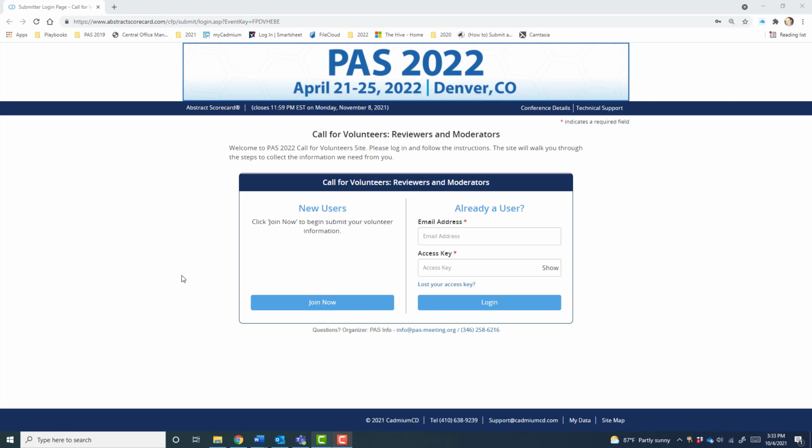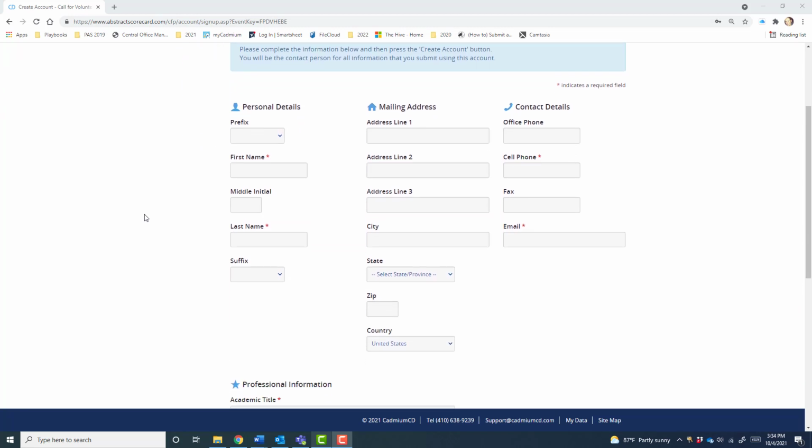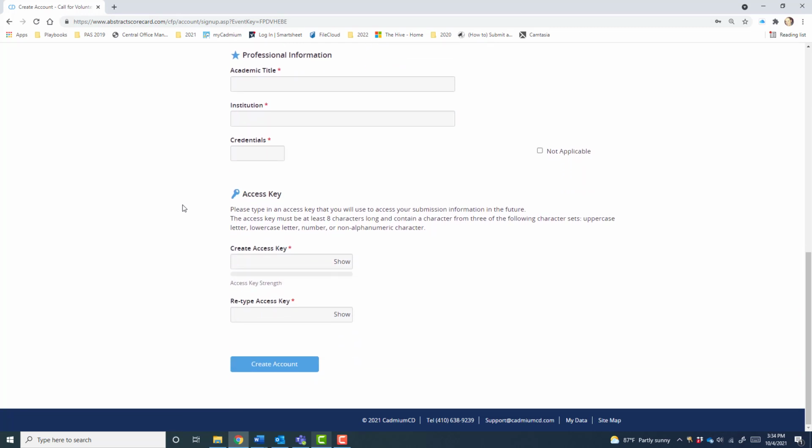To get started, open the Call for Volunteer submission link, and under New Users, click Join Now. This will prompt you to create an account profile. You will notice that we do have some required fields indicated by a red star. Please complete this information, including your professional information, and complete an access key, which will act as a password for